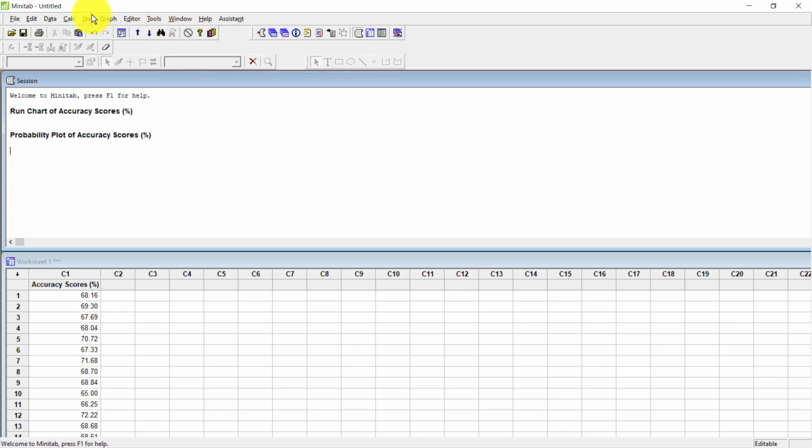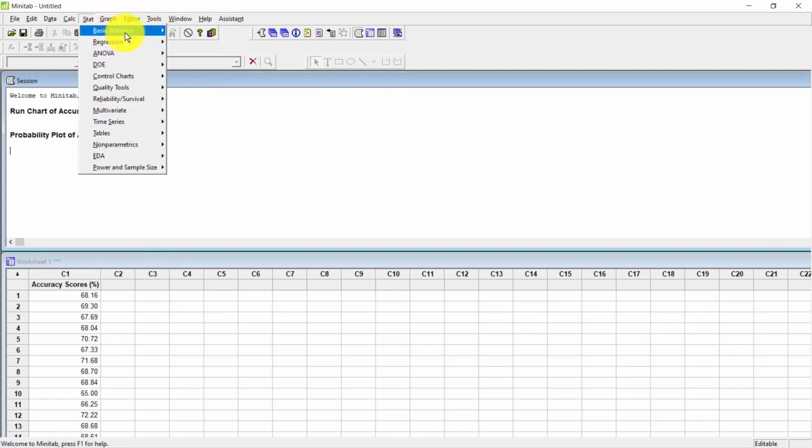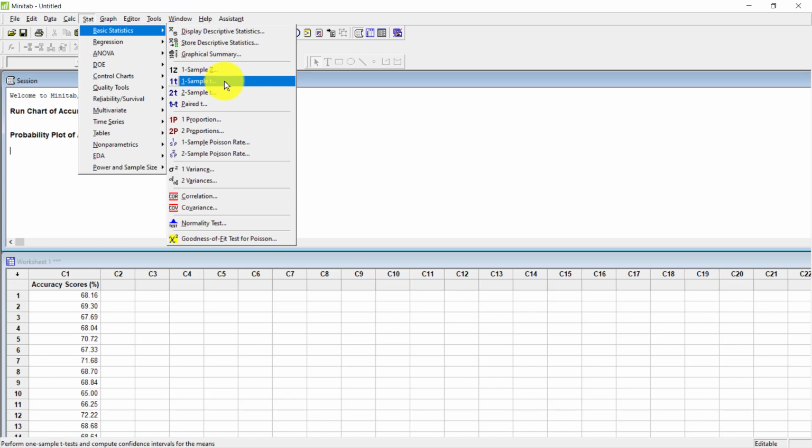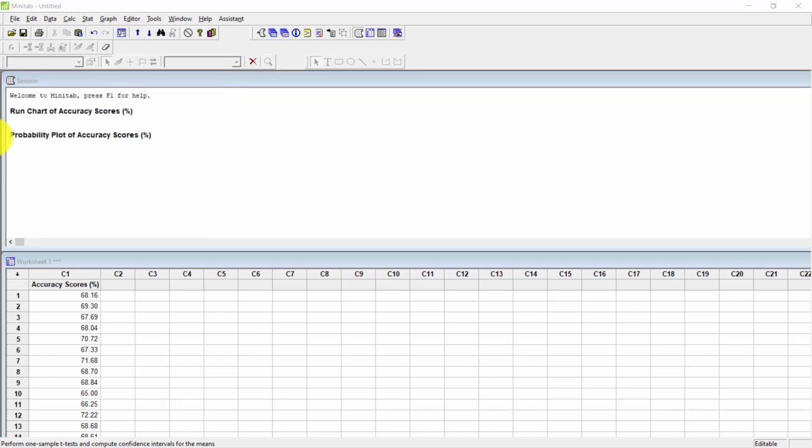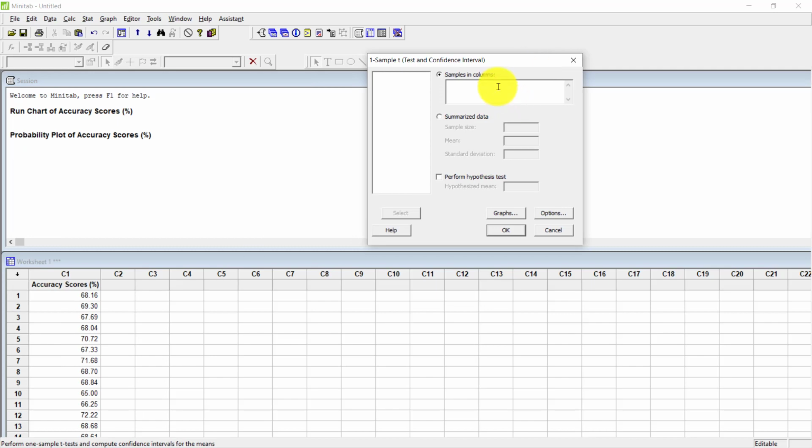To perform this test, choose Stat, Basic Statistics, one sample t. In samples in columns, enter accuracy scores. Check Perform Hypothesis Test.